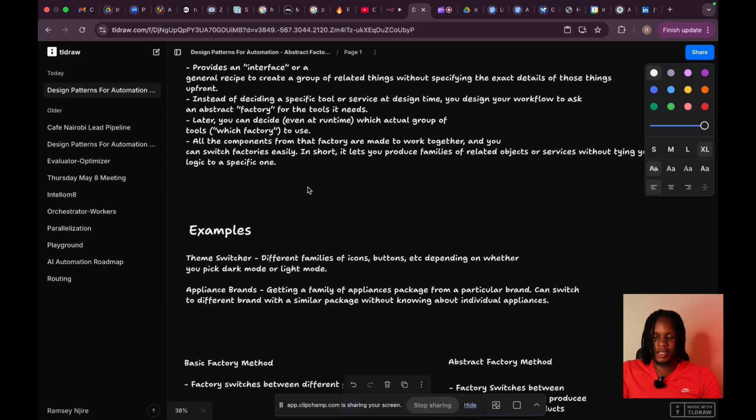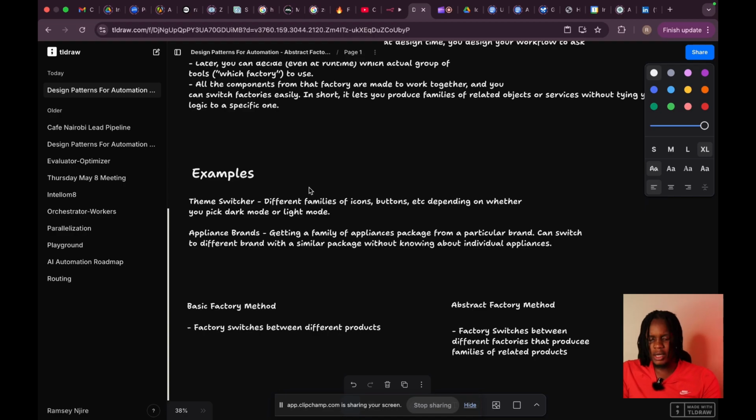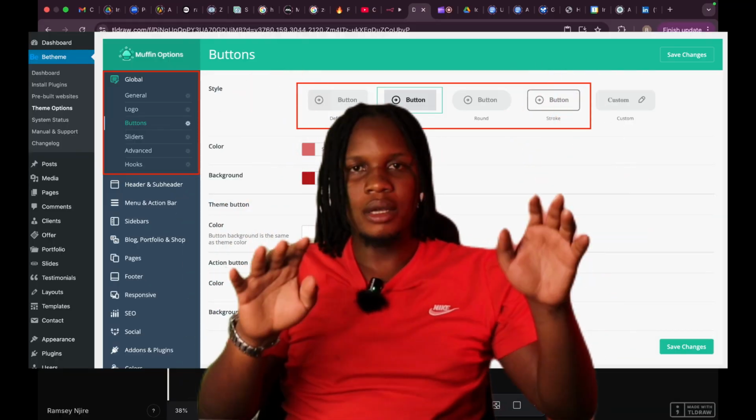Okay, so let's look at some examples. One example is the theme switcher. So if you've used almost any kind of software today, you know you can switch between dark theme and light theme, the dark mode and light mode, right? And each theme comes with its own family of icons, buttons, and so on, right? So depending on what theme you go for, you're going to get all the families of icons and buttons that